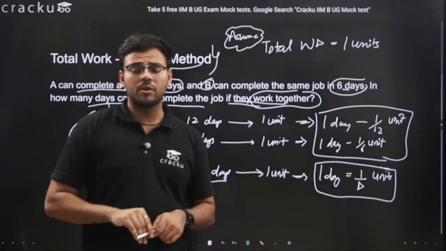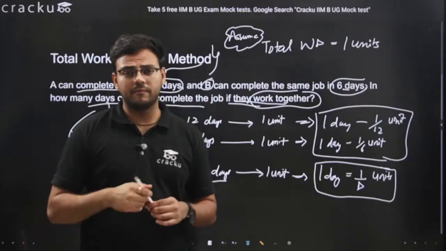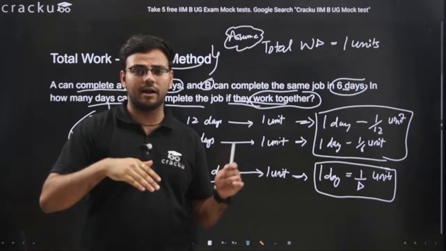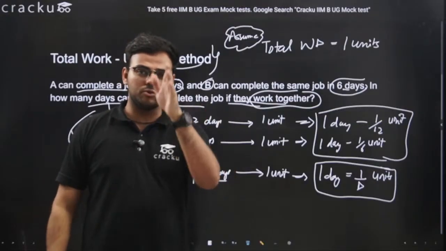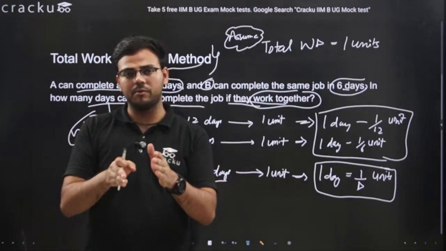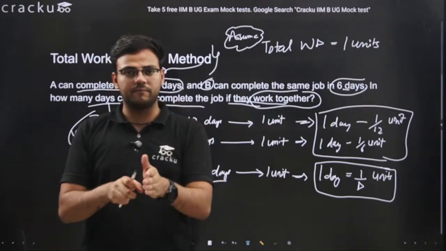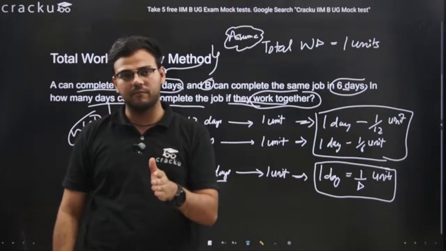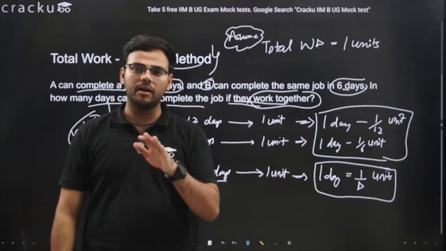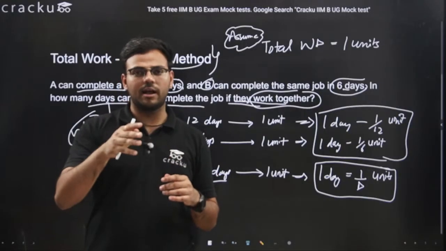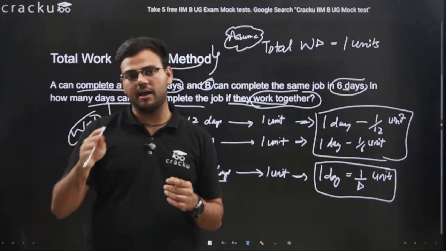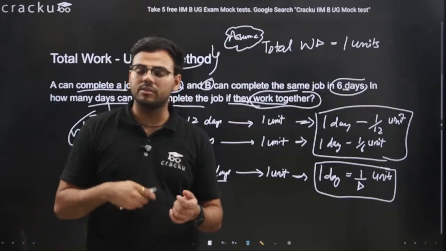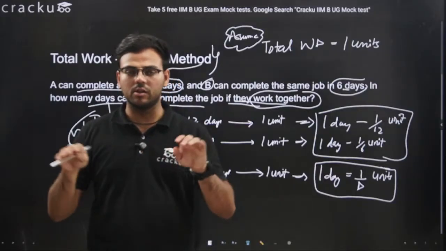When he will join you, you will take only half an hour. Why? Because he will be doing half of the work and you will be doing the other half. For doing the full work, you are taking 1 hour, so for doing this half work, you will take just half an hour, which is 30 minutes. Similarly, the other half of the work will be done by your friend. As he is working at the same efficiency, he'll also take just half an hour.